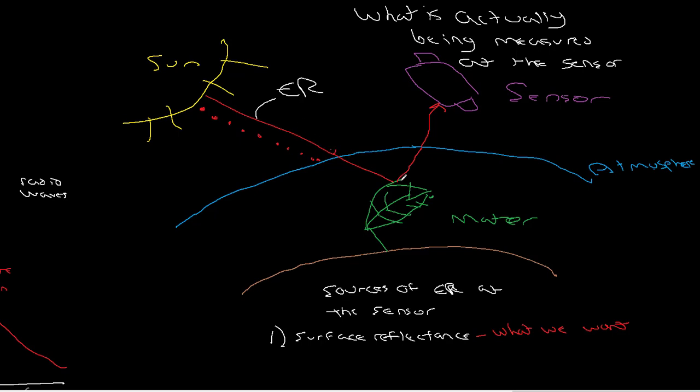In this case here, we were just assuming that the atmosphere was transmissive, that the energy is being transmitted through. But it doesn't have to be, right? It can be absorbed, transmitted, or reflected. So another thing that can happen is that energy comes from the sun, hits the top of the atmosphere, is reflected off,